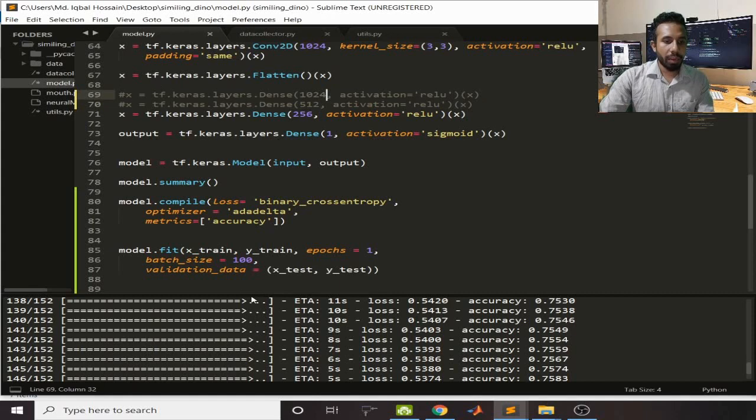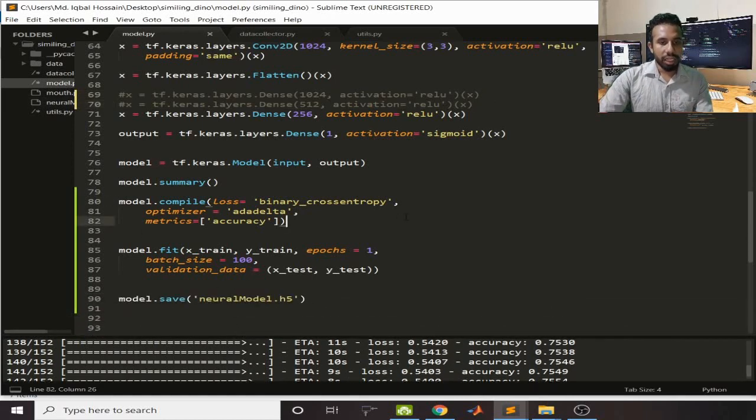The number of parameters has reduced hugely, since it is a dense layer. There are a lot of parameters that are required to be trained here. So I cut these two dense layers from the model. You can do the same, and now we can start the training.